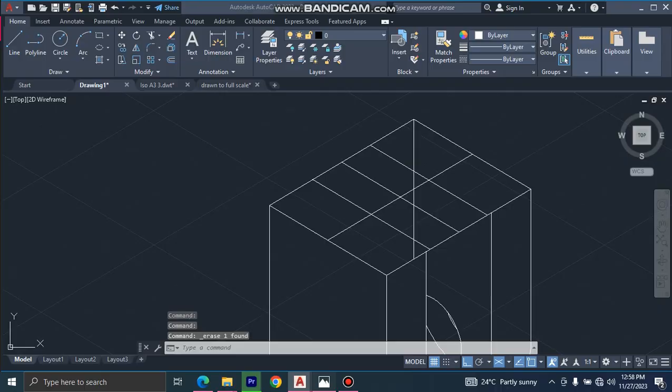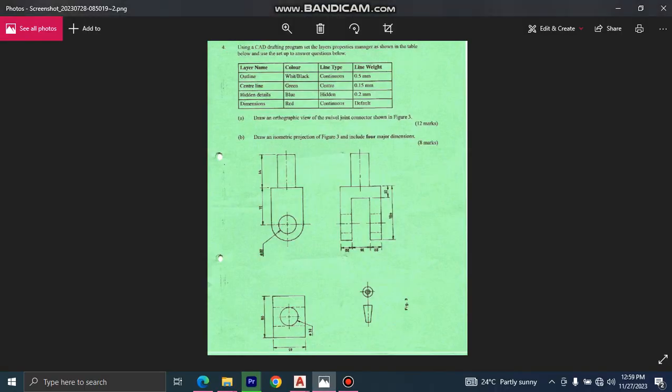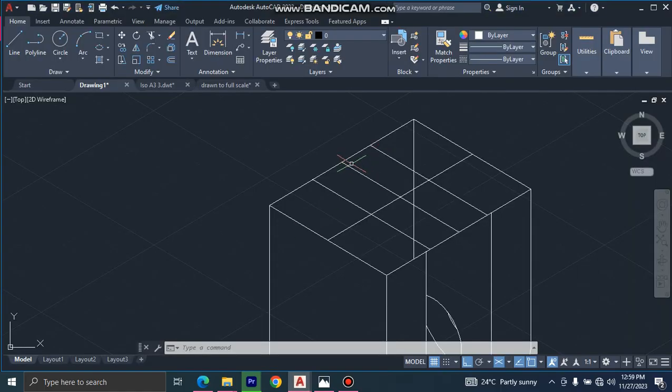You can undo this, erase it, go back to your question again. It is 16. Again, from your drawing, copy this like this, then copy it at another distance of